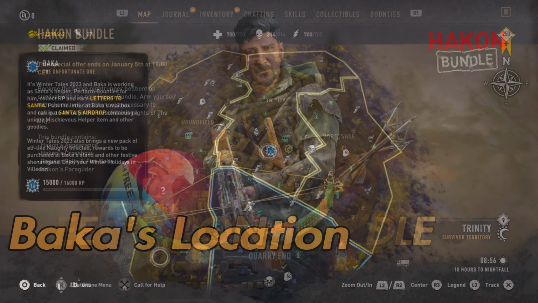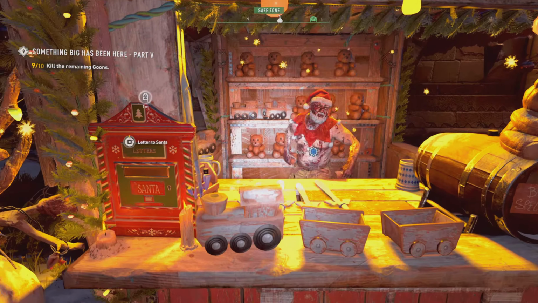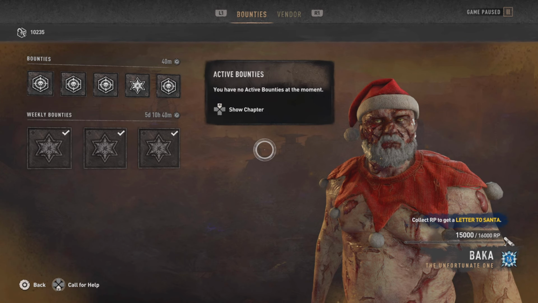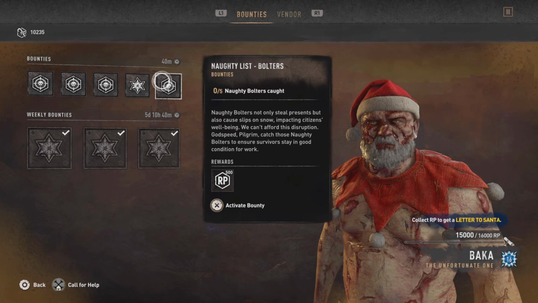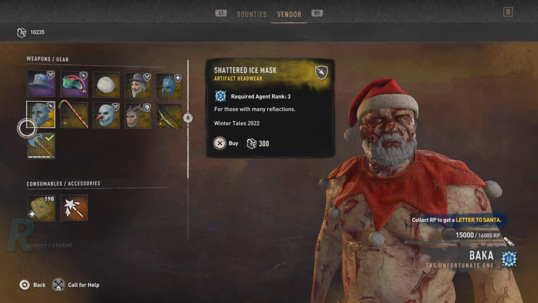Now with the Winter Tales update, you want to head to Baka's location, which is at the bazaar, and interact with him. He's right outside the bazaar, as always, and he's basically like a chapter agent. His 5 daily bounties reset every hour instead of every day, and you want to level him up so